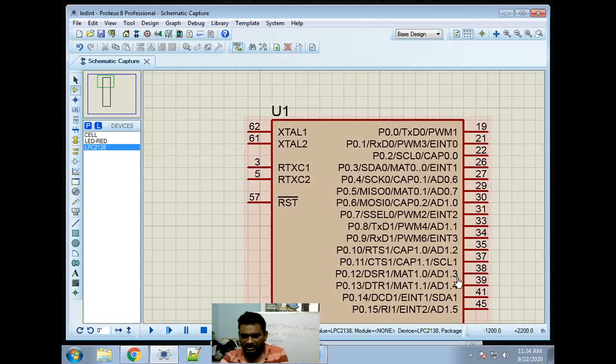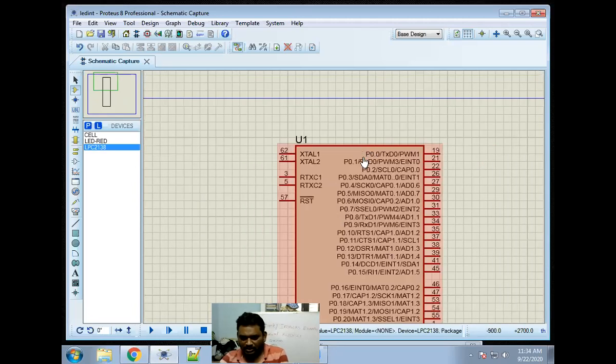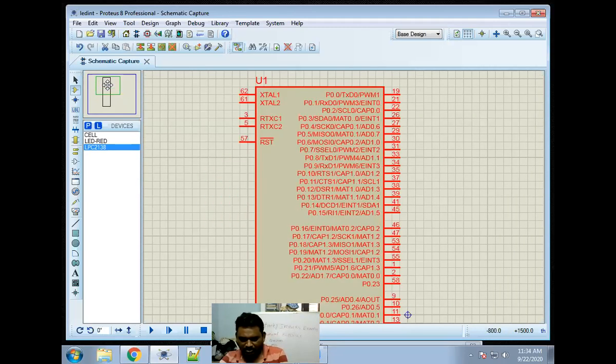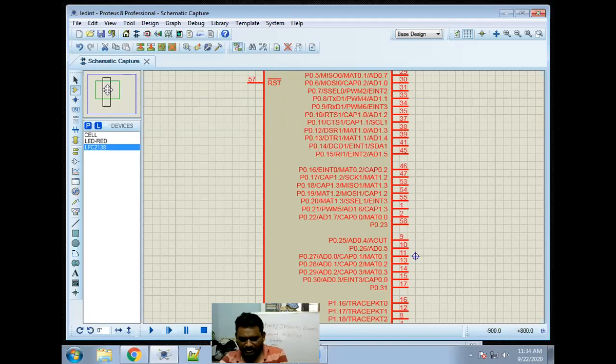This is the schematic diagram, it will show like this. Here see P0.0, TXD0, also PWM, it has a PWM facility also. This is pin number 19 in the actual chip, but here it is P0.0. Then P0.1, P0.2, up to P0.31, total 32 pins.